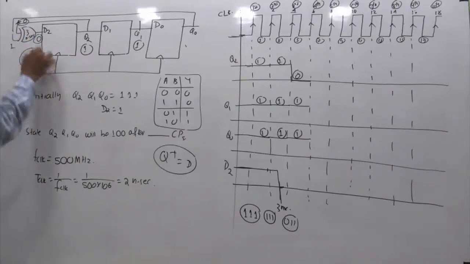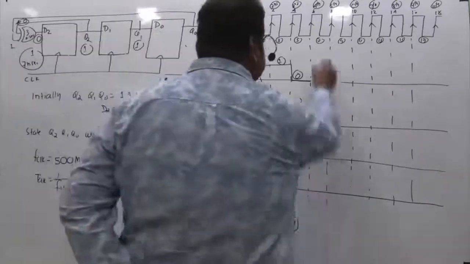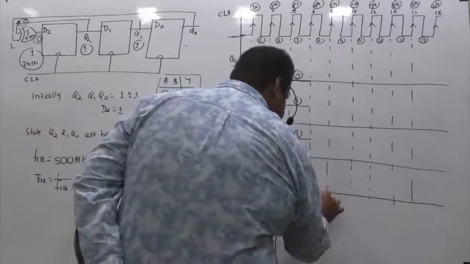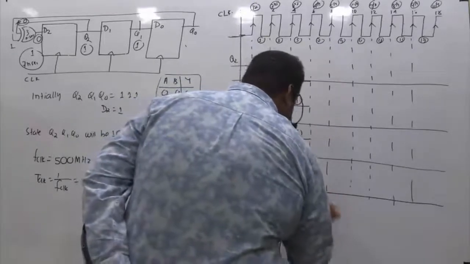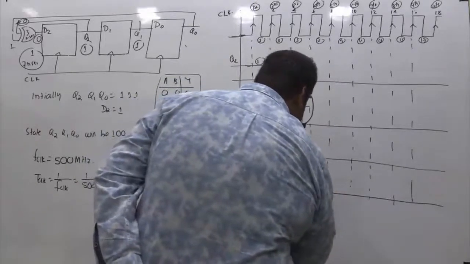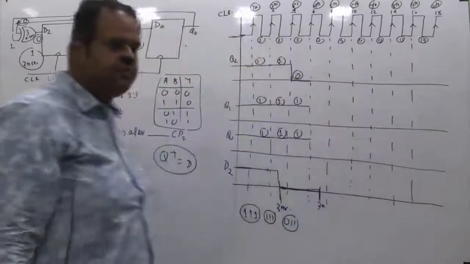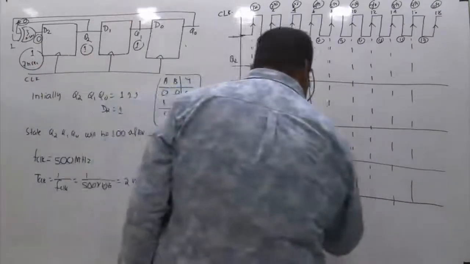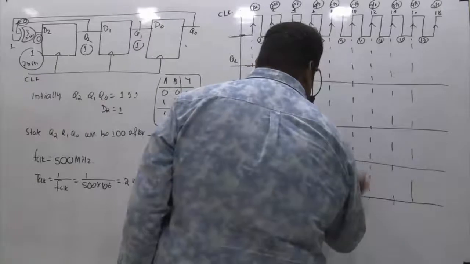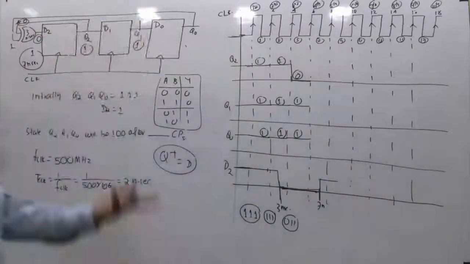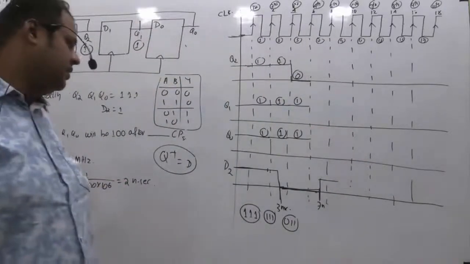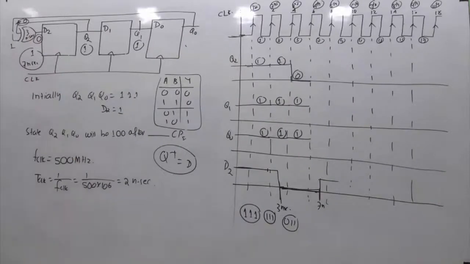In other words, this will be 1 again at t equals to 7 nanoseconds. Up to 7 nanoseconds it will still continue with 0. If I ask where the 7 nanoseconds is, this is the point, t equals to 7 nanoseconds. So this will be 0 till 7 nanoseconds. And from 7 nanoseconds afterwards, it will be 1, and it will continue like this, maybe for another 3 nanoseconds. So I hope this is clear. So initially the input was 1, 1.